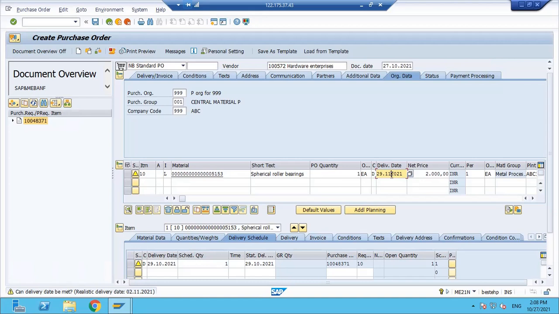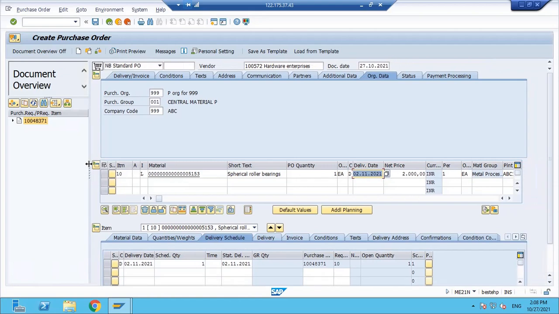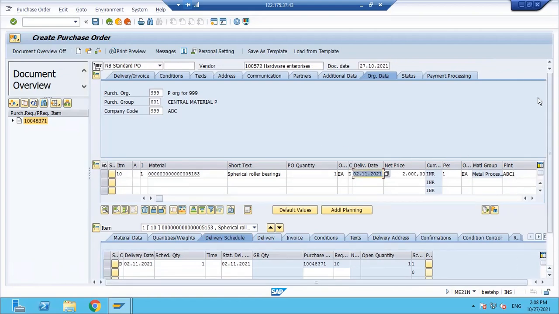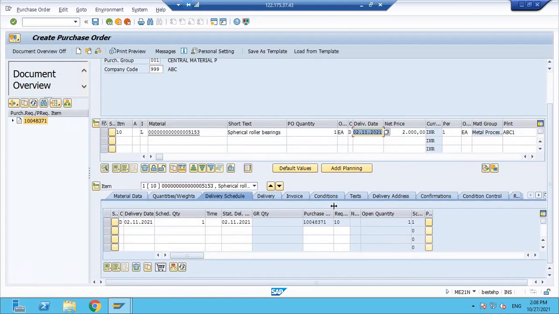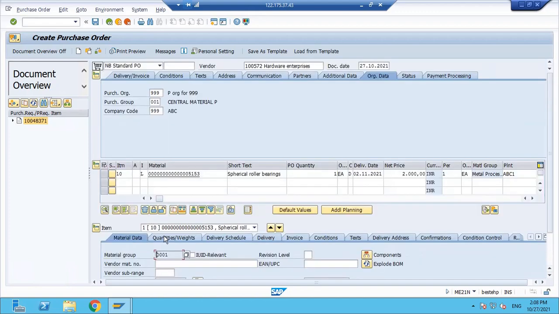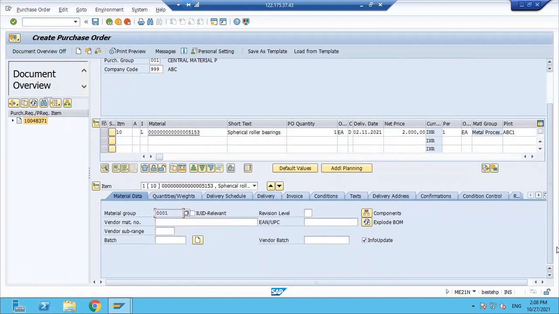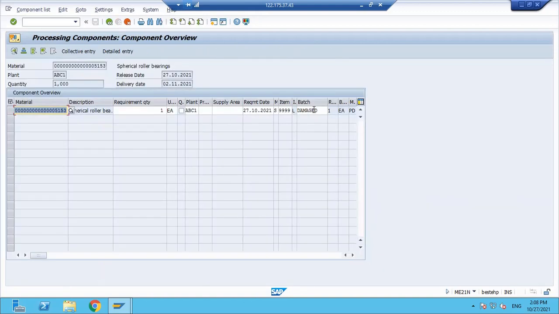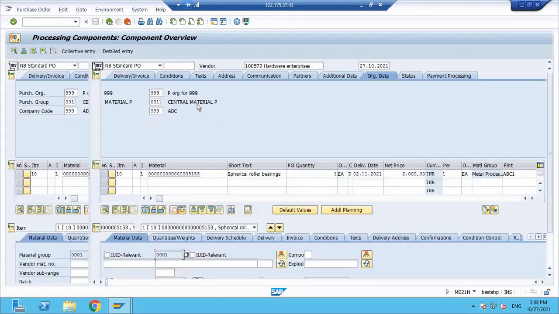Okay. Let me put it as 02/11/2021. Those are small minor warnings you can ignore, and the only thing we can focus on here is to cross check whether the components got updated and the batch, meaning the valuation type, has been captured or not.